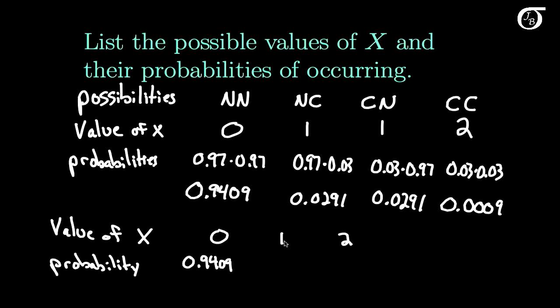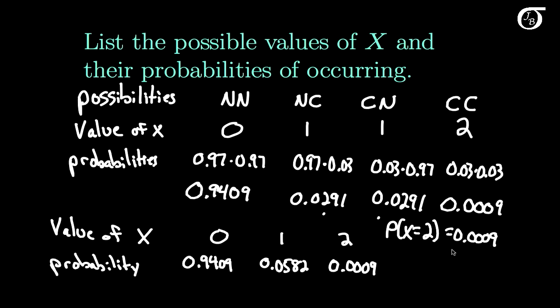This one has a probability, well, 1 happens in these two spots. So this is going to be these two added up together, and we get 0.0582. And 2 is 0.0009. So we might say something like the probability that the random variable X takes on the value 2 is equal to